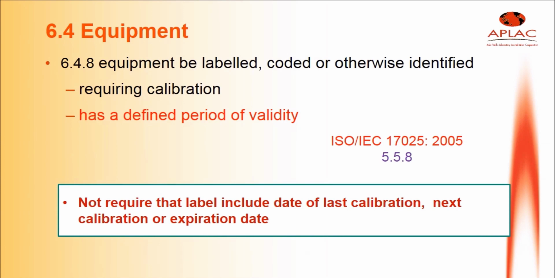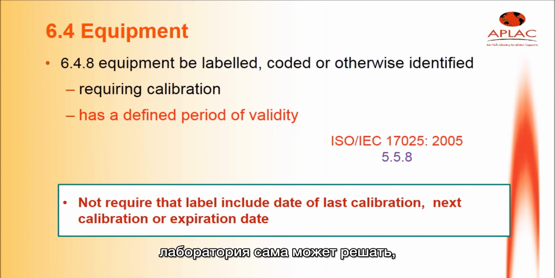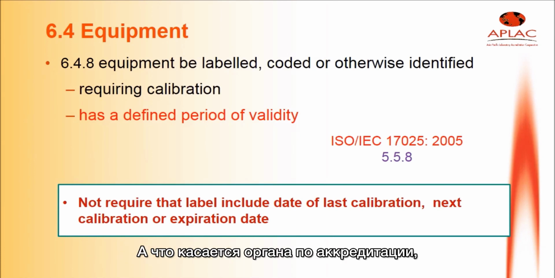And in the new standard, there is no such specific requirement. What information should be included in the label will be decided by the laboratory. And for the accreditation body, we only focus on whether the testing staff can know the validity status of the equipment